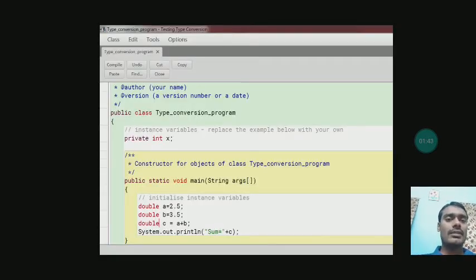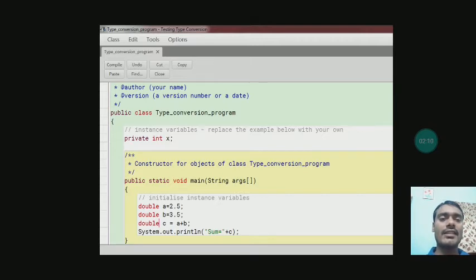Another program. Now in this program you can see I have taken double data type, double a, and I have stored 2.5 in the variable a. Second variable is b of the type double, and I have stored 3.5 inside it.